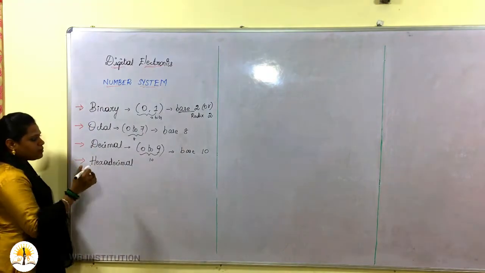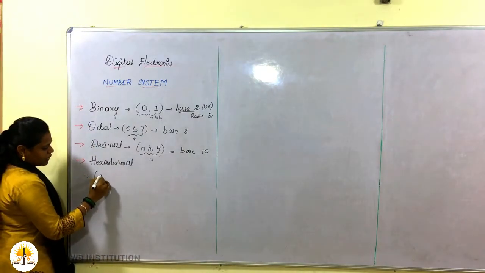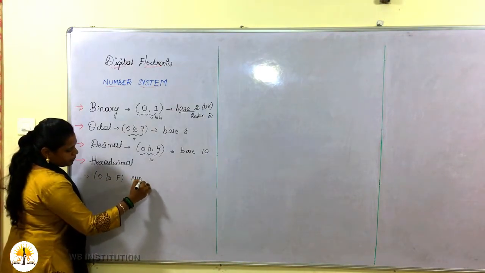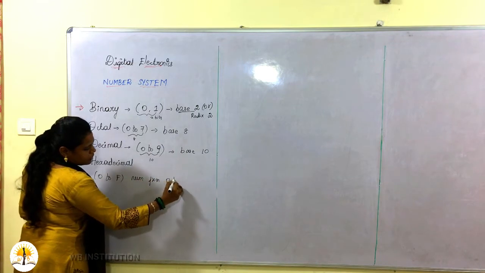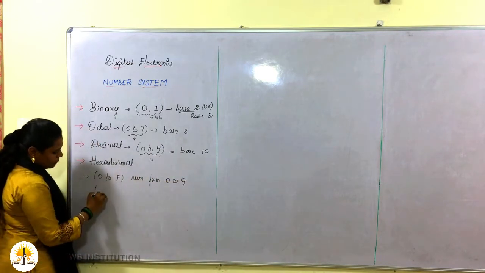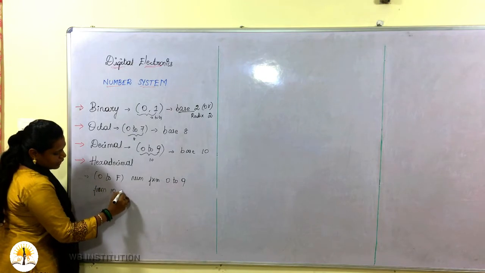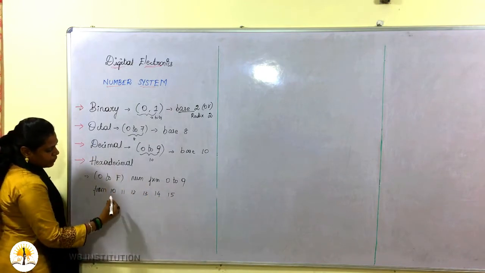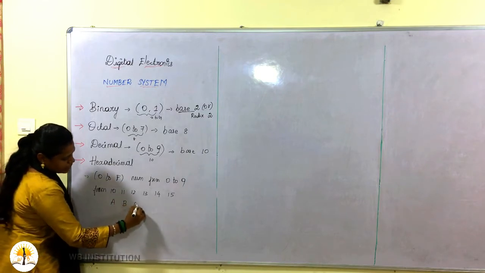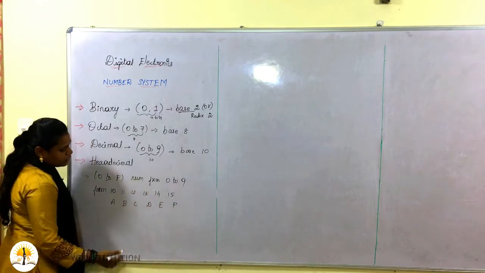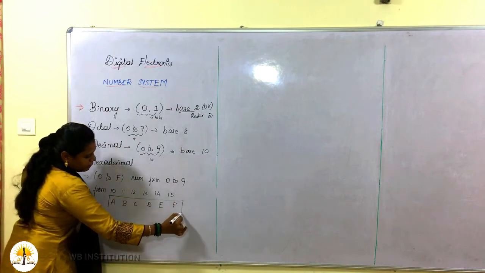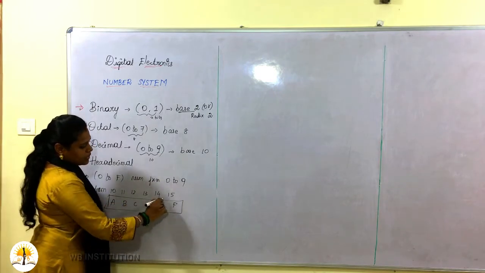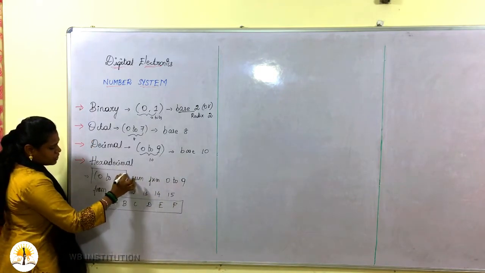Okay, so coming to hexadecimal, here the data is from 0 to F. What does F stand for? Just take numbers from 0 to 9 and then from 10: in hexadecimal 10, 11, 12, 13, 14, 15. These are accepted only as the alphabets A, B, C, D, E, F. So this is termed as 0 to F. We won't use the numbers 0 to 15, we use only the letters A, B, C, D up to F. So the hexadecimal values range from 0 to F.